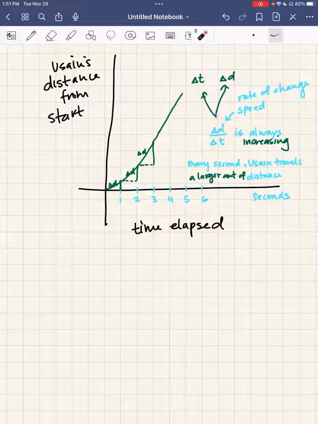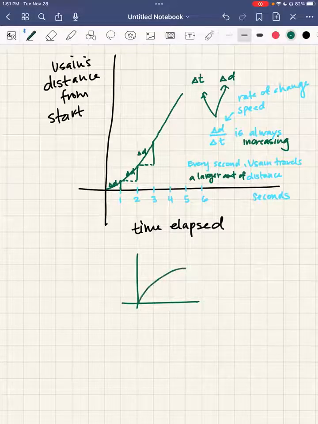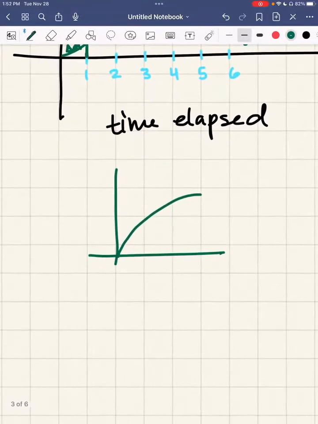All right. Now you could have the third option, which I doubt is happening, where we could say he's slowing down. We could still break that up in the same kind of thing. We could say like, hey, every second, ooh, my seconds aren't quite even, right? Every second in this situation, at first he covers a large amount of distance, but then in the next second, he covers a smaller amount of distance, and then a smaller amount, and then a smaller amount.